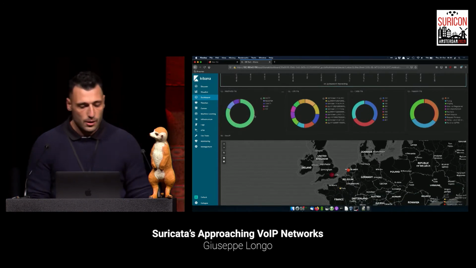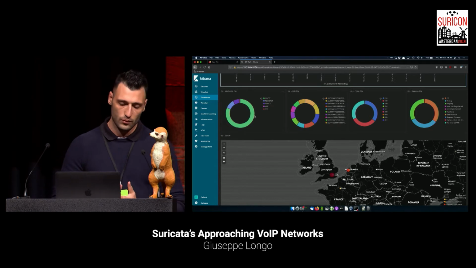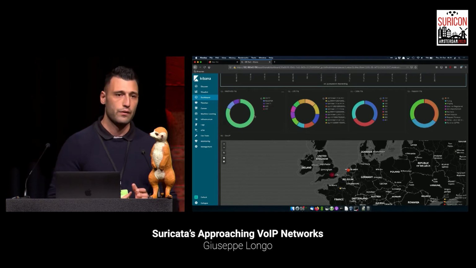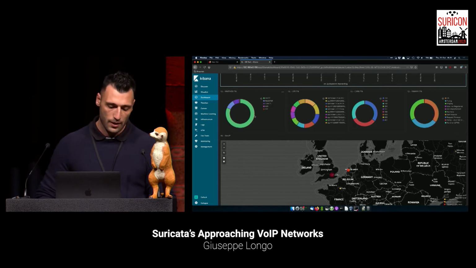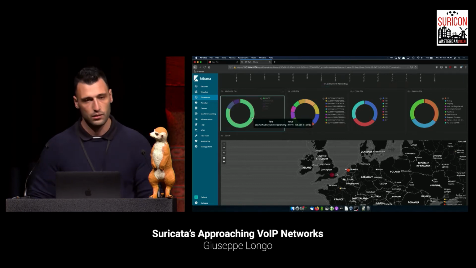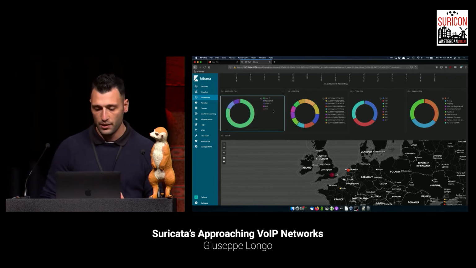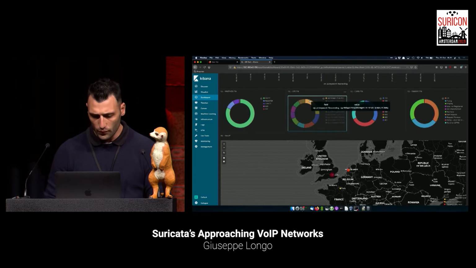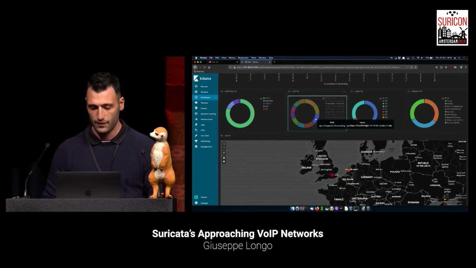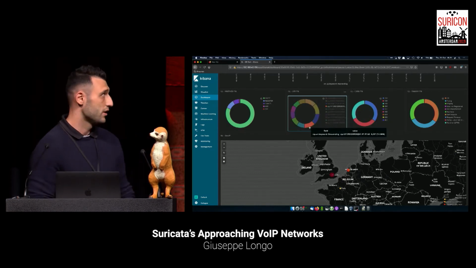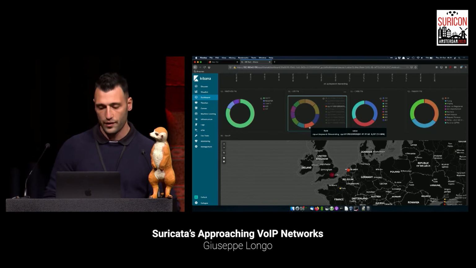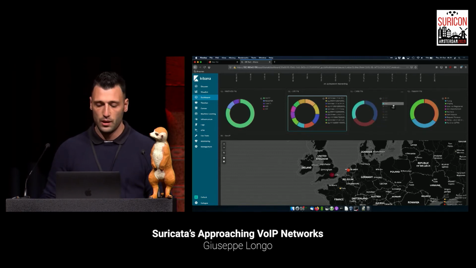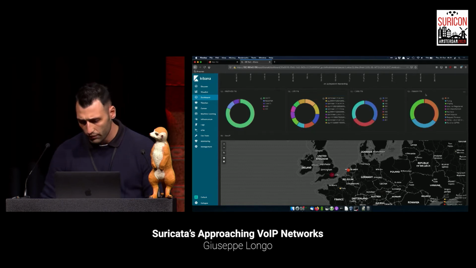This visualization is about methods. I will tell more later, but every SIP request has a method specified, and the most sent method is INVITE. Later we will see what INVITE means. This pie chart is about the number contacted, and here we can see that this value is the same as this, and this. The only difference is the prefix, but it's a slight difference. This chart is about the status code and the reason phrase.